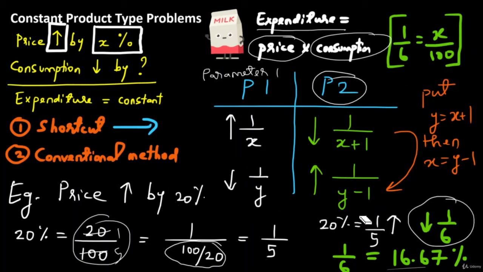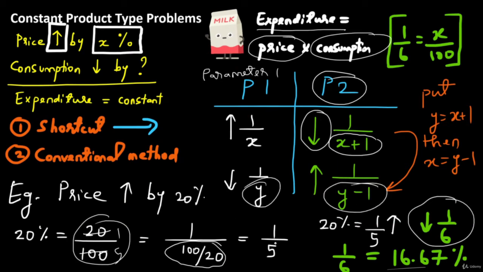And one more interesting thing to remember is, wherever is the decrease, it has the higher denominator. So over here, the increase is 1 by x and the decrease is 1 by x plus 1. Over here also, the decrease is 1 by y, the increase is 1 by y minus 1. So you can see that the decrease part is the greater value, right? In both the cases, you just need to remember one of them, and accordingly you can apply it in problems. We'll see it in examples. All right. Now let's keep this aside,